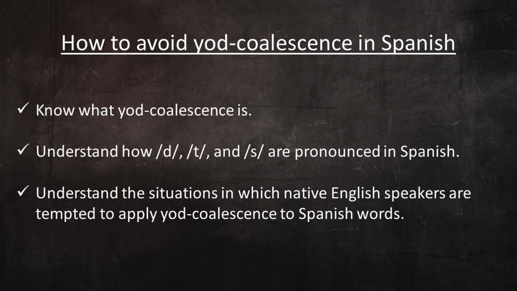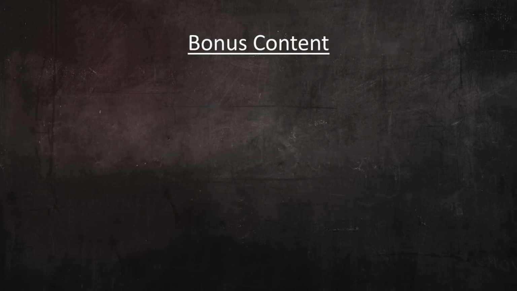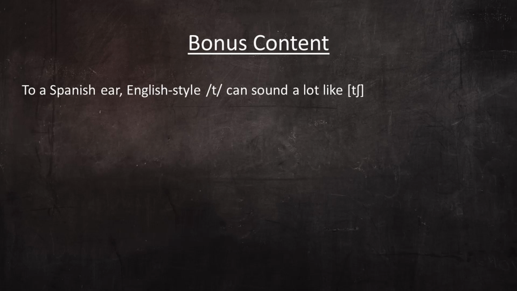All right, check. And the final step is to practice, practice, practice pronouncing words in these categories with correct Spanish pronunciation. That's something you will have to make time for and do on your own. All right, one closing thought and we'll wrap this up. To a Spanish ear, English-style alveolar T can sound a lot like ch in some phonetic contexts. So if you pronounce this phrase with stereotypical English pronunciation, ella tiene, it sounds kind of like ella chiene to